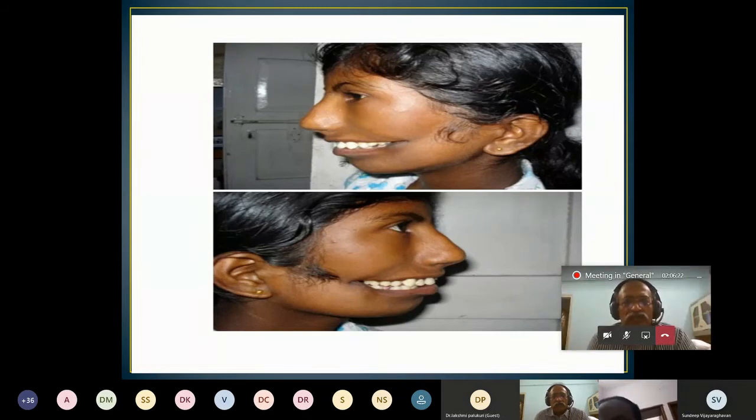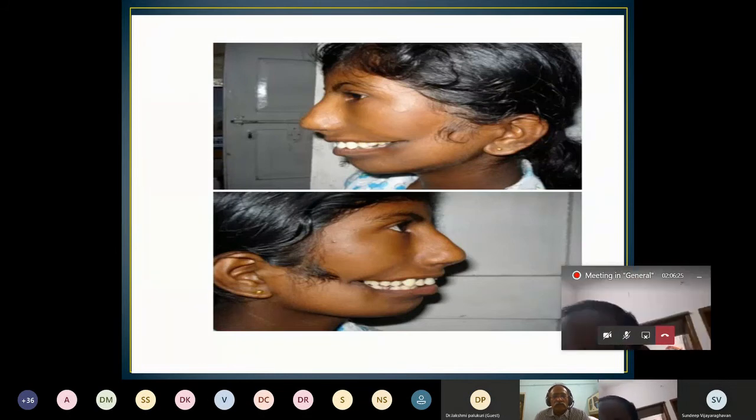How will you proceed? Macrostomia, I will go for commissuroplasty. The normal commissures will be at the level of the line dropping from the medial limbus to the oral cavity. About that, I will do the marking in the preoperative period. What type of anesthesia?